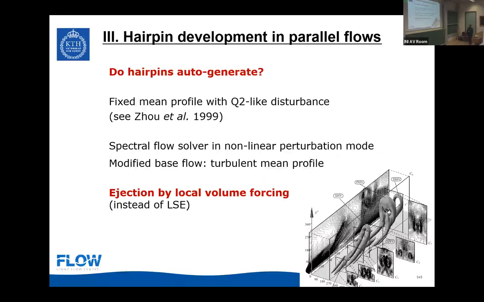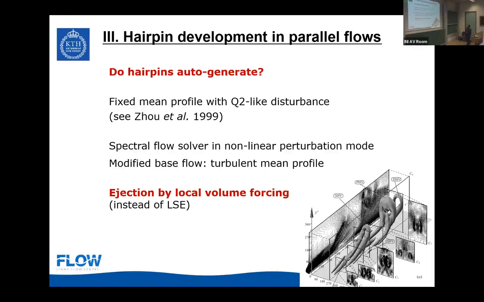So then we went in and also tried to ask the question: let us assume we have a hairpin. Do all these regeneration or auto-generation methods that have been proposed in the literature actually work? Can we reproduce those? There was one particular method by Zhou et al. that was published by the end of the last century, where the idea was that if you start with an ejection, creating one hairpin, very quickly you will get a whole succession of hairpins. So you have a primary and then secondary and so on hairpin, a parent-offspring type of